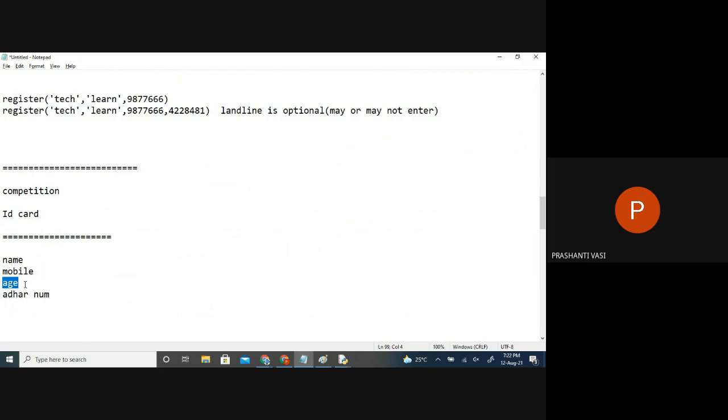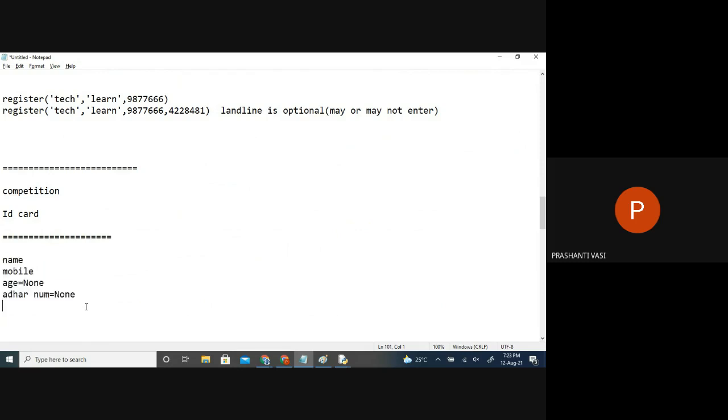They have to enter the age and all these things only when they show the proof of it. So age is not present, so we will just say it's None, not applicable right now. They have not entered it, and in the same way the Aadhaar number is also not mentioned. We want to generate an instant ID card for every participant who is coming for this game and just give it to them. For that, four details have to be printed on the card.